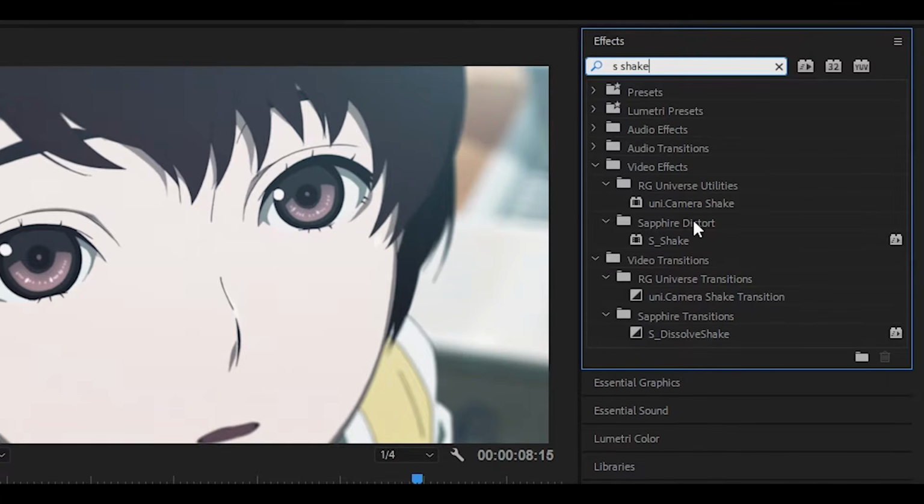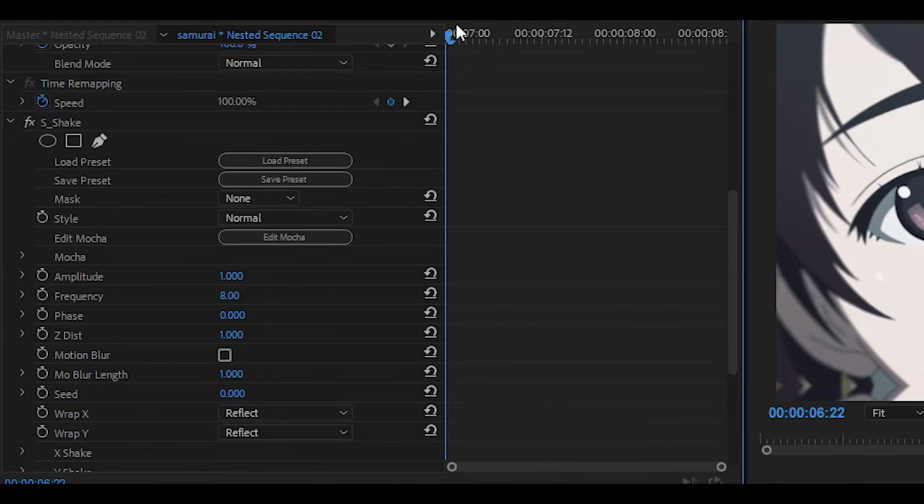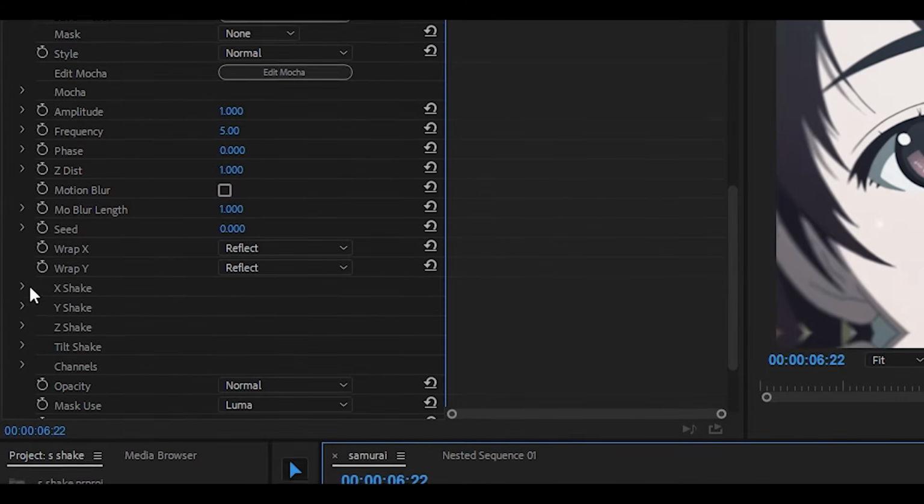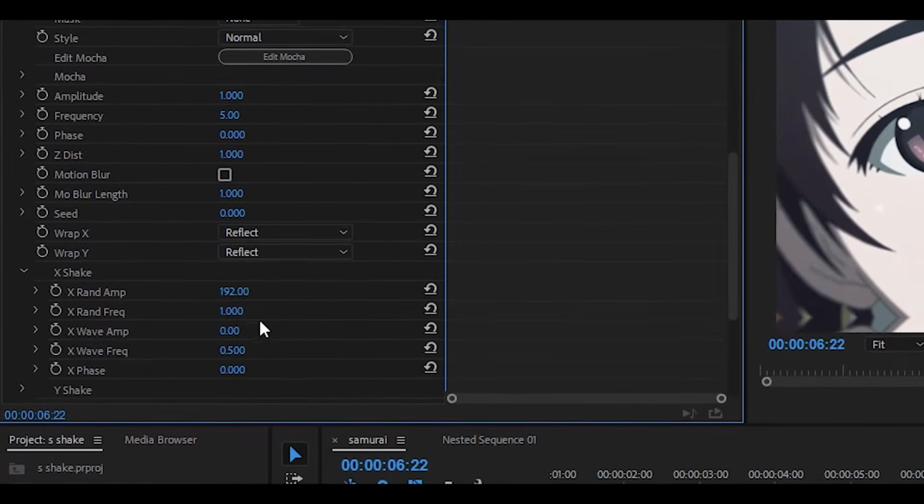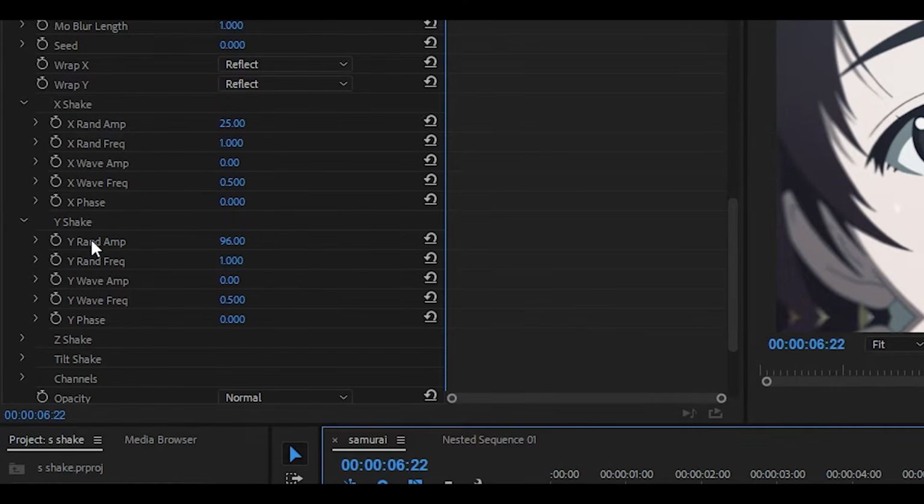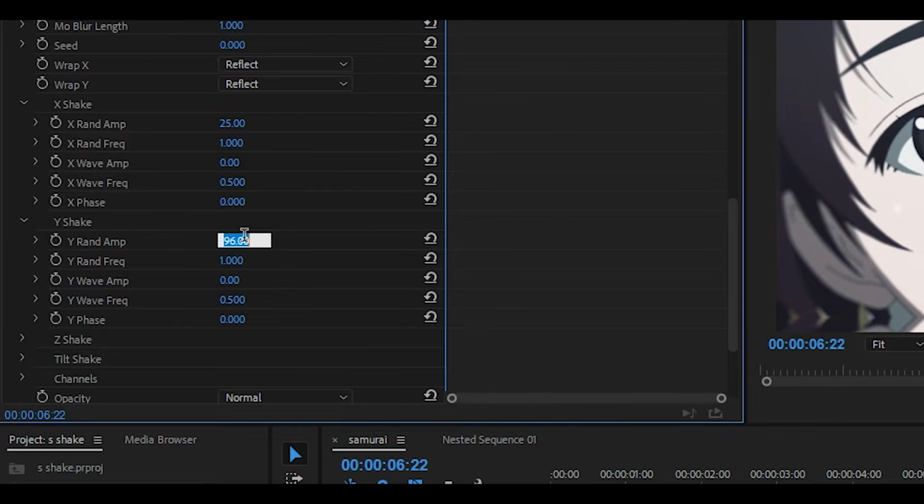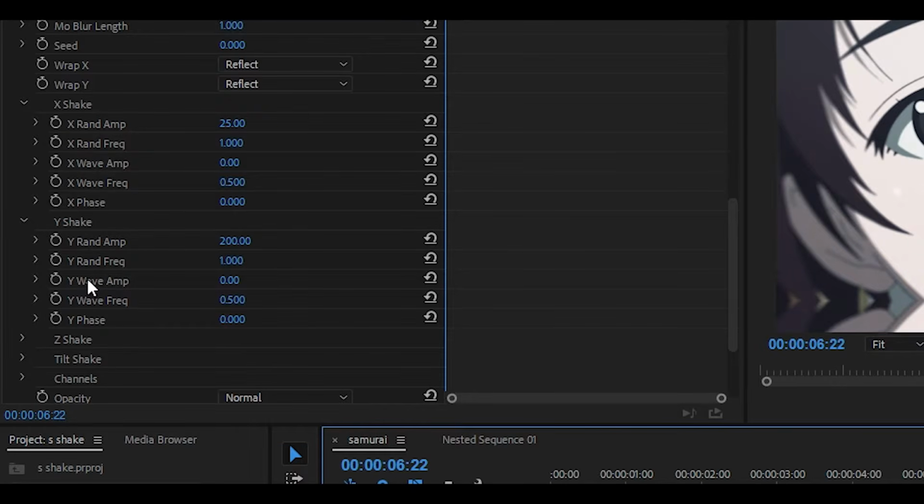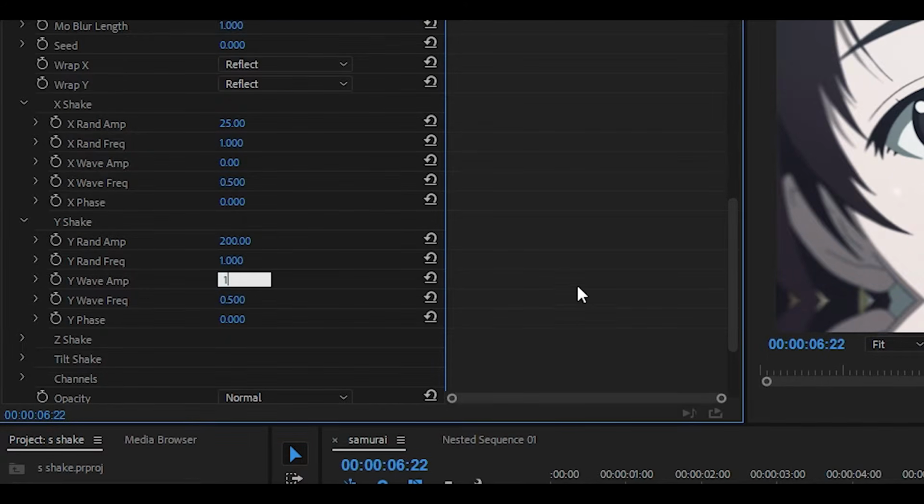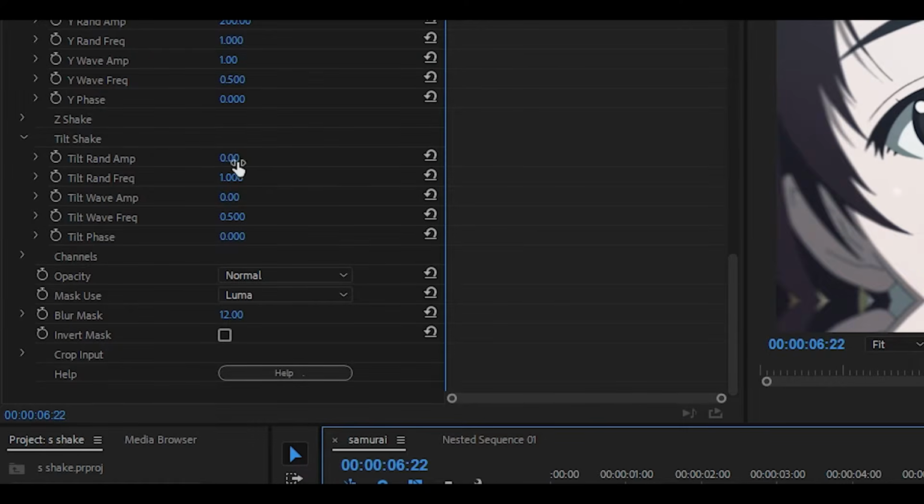It should be the one underneath Sapphire Distort, and just drag and drop it onto your second clip. Head all the way to the beginning of the clip, and what you want to do is set the frequency to 4. In fact, we are going to do 5 instead. Head over to X-Shake and you just want to click the little arrow which will bring this down. Set the X rand amp to 25, and then for the Y shake what we want to do is set the rand amp to around 200, and also for the Y wave amp what we want to do is set it to 1, and also for tilt shake you don't have to do this but you can set it to